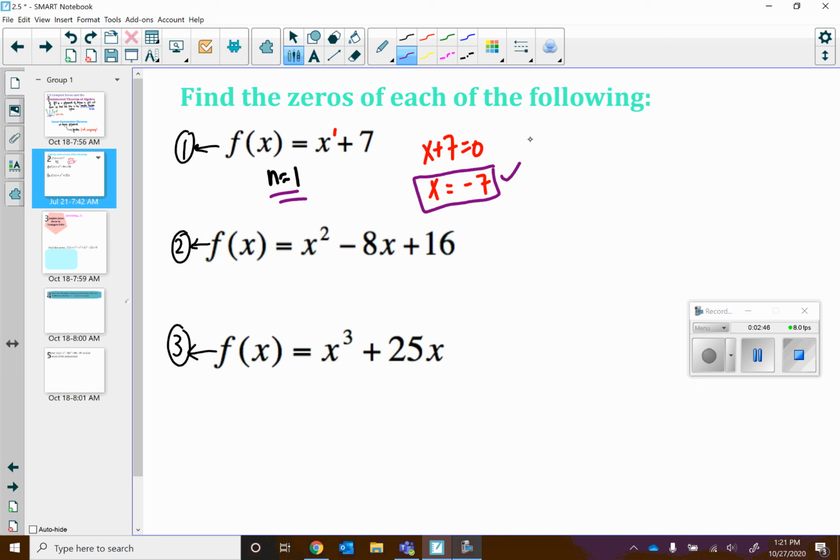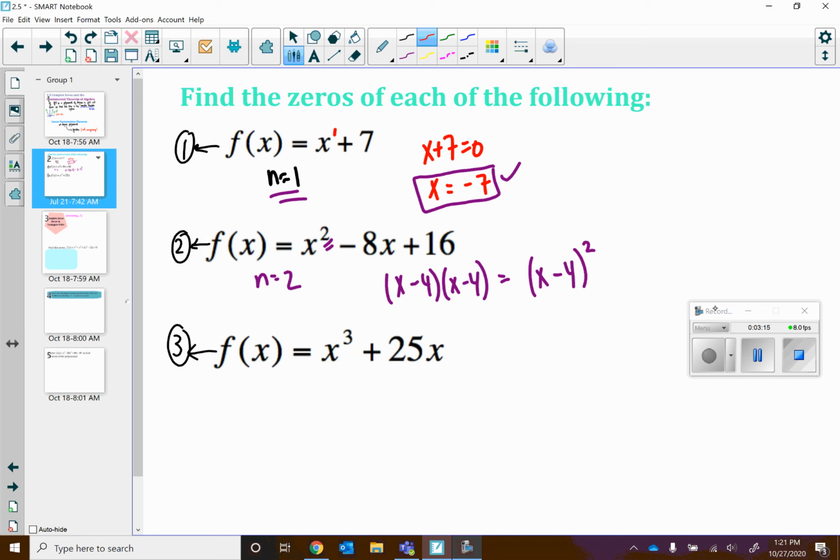That's it. Our second one, f of x is equal to x squared minus 8x plus 16. I notice that our degree is 2, so I should expect to see 2 zeros. If I look here, I'm going to try and factor it. Things that multiply together to get 16, 16 and 1, 4 and 4, but they have to add up to negative 8. That would be x minus 4, x minus 4, which we could write as x minus 4 quantity